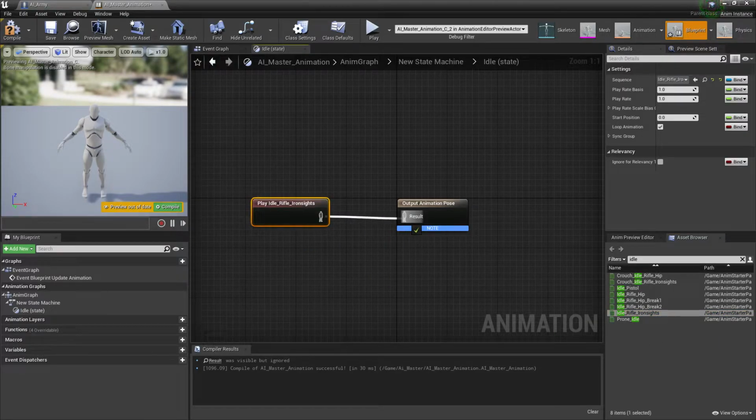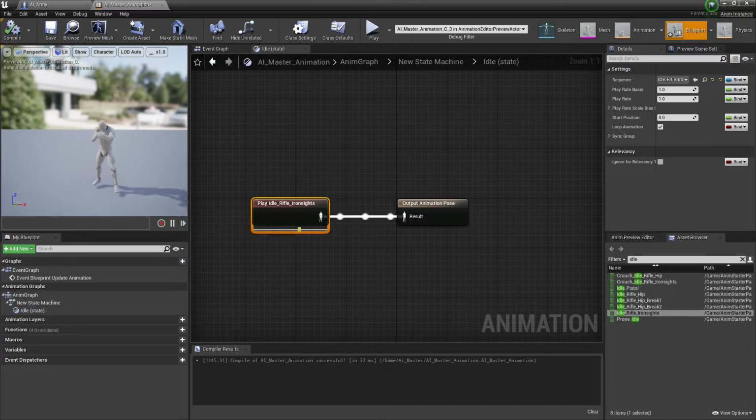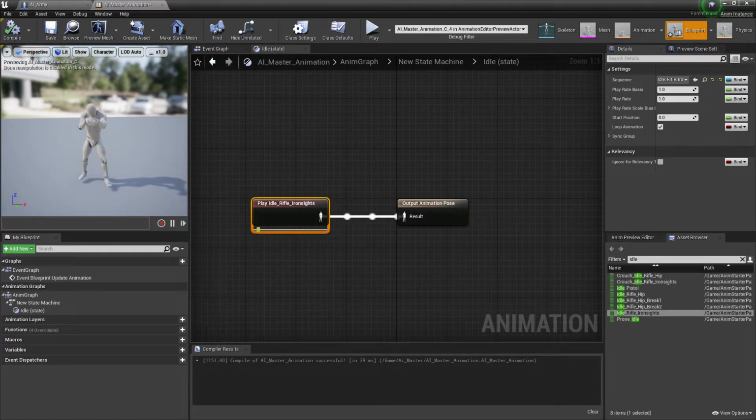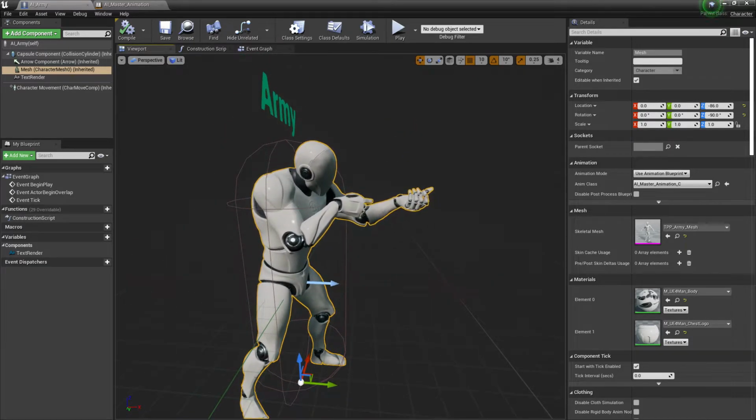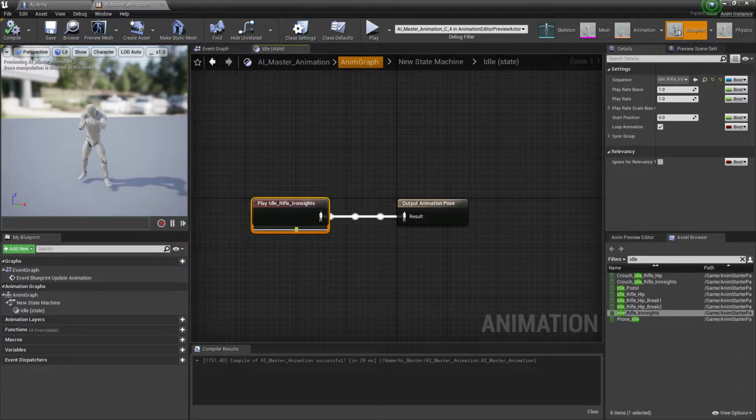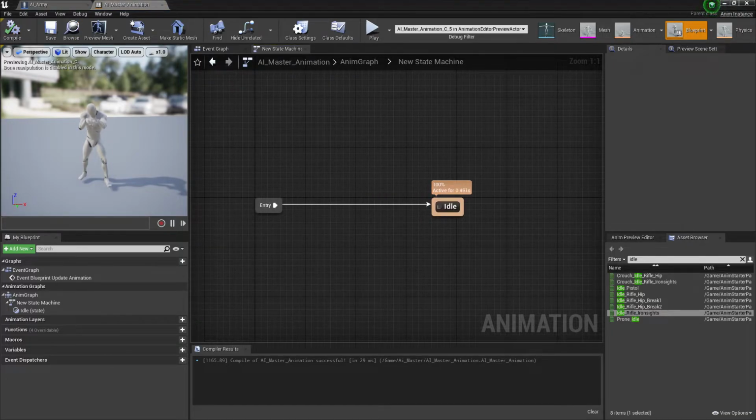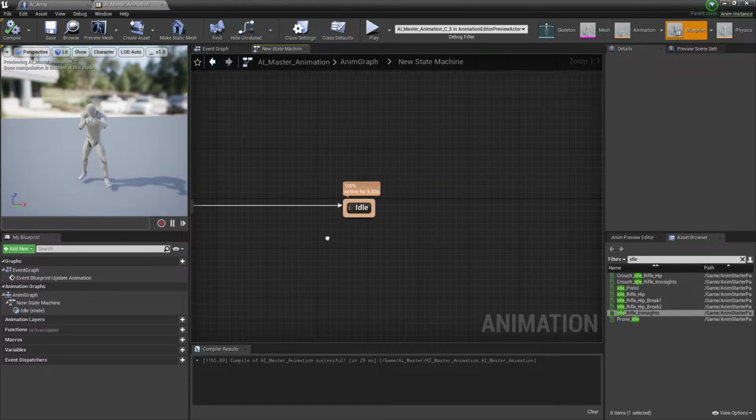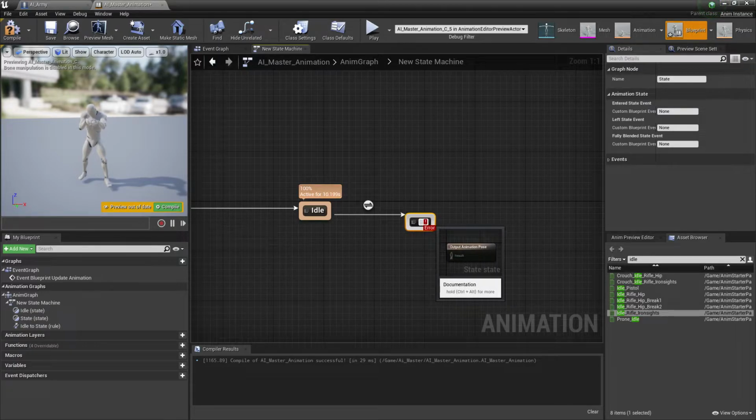Then connect it with your output animation. Then compile and save. So as you can see, our character is currently playing his animation. That was pretty good. Compile and save. If you go into our anim BP, as you can see, the army BP is also playing the same animation. Now let's come into the animation state machine. Now we need to decide, if our player is walking, which animation should he play. So for that, from that idle we can create another state, and we can give that the name walk,